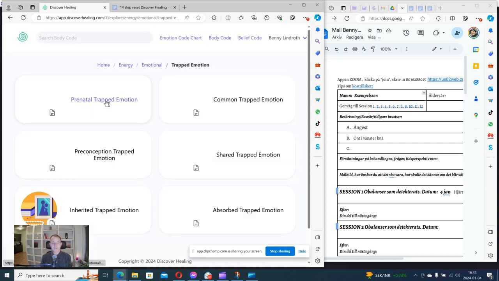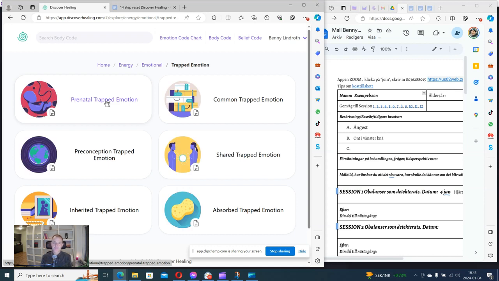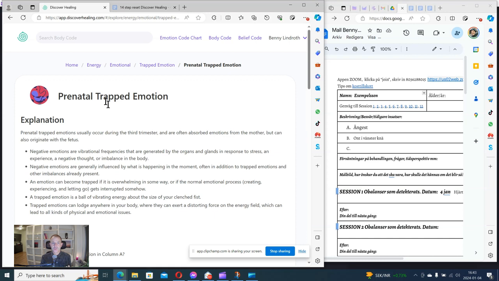In the body code app, you get these six places you could end up in. If you only have the emotion code chart, you need to ask questions like, is it a common trapped emotion? Is it an inherited trapped emotion? And so on, till you find what kind of emotion it is. I will not explain the details, but when you use the emotion code chart, you don't have those pictures, but we have them in the body code.